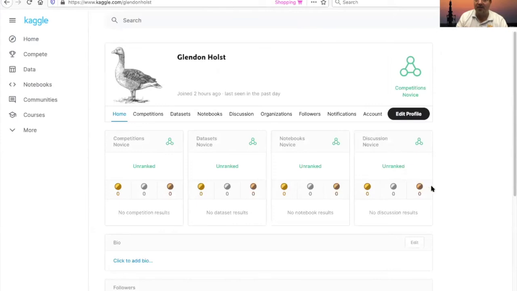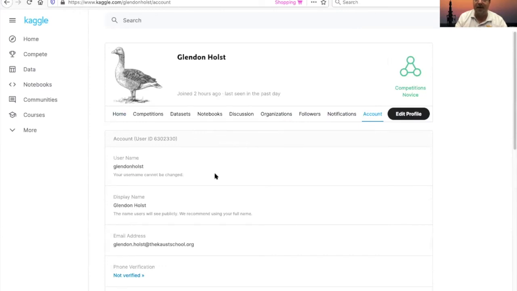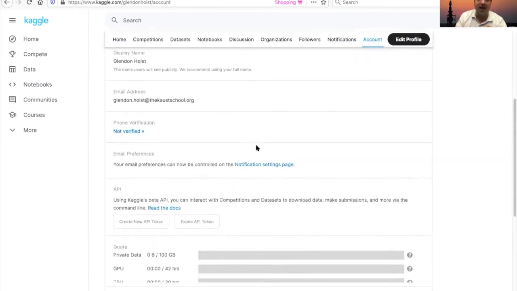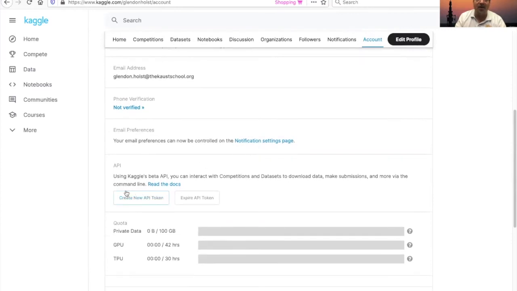The important bit is, I think, account. Perfect. If you click on account here, you will scroll down, and you can click on the API section. If you click on create new API token, it will download a JSON file called kaggle.json,